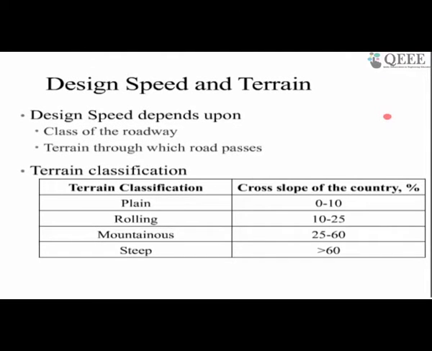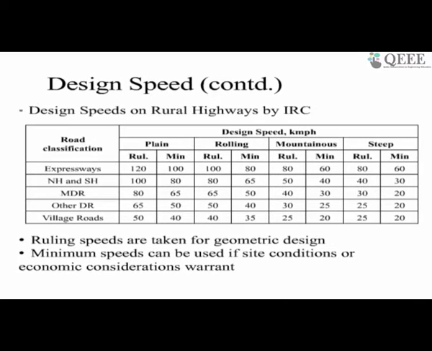And moving into the design speeds and the terrain, as I told you, the terrain plays a major role, and whenever we see the terrain, as we say, plain, rolling, mountainous and steep. The ghat section, whenever we talk about it, we are talking about a steep section where the cross-country slope is more than 6%. Based on this, we will be deciding this. Again, the speed depends on the category of road or the classification of the road. We have various classifications, national highway, state highway, and based on that, once we look into that, IRC provides this